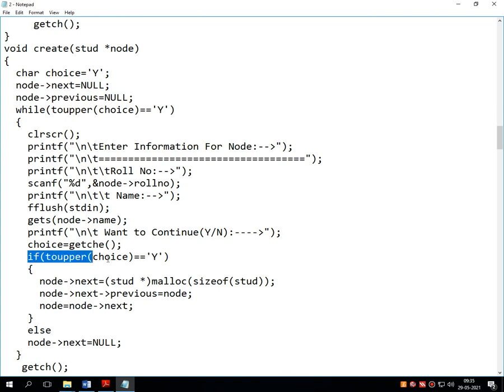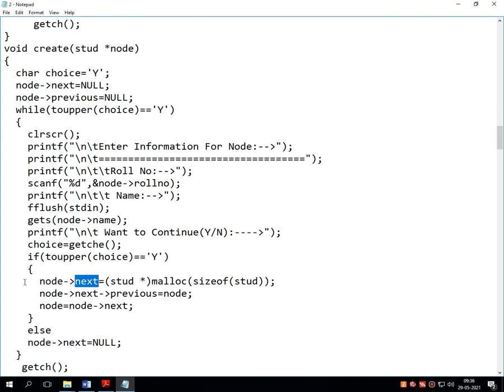So for example, suppose here I have given the option Y, then what happens? The next part of the first node makes the connection with the previous part of the second node, and the previous part of the second node makes the connection with the next part of the first node.